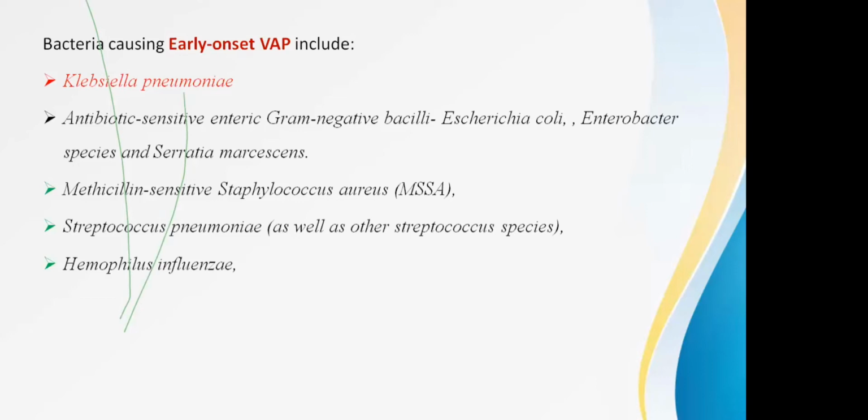We can go for ceftazidime-avibactam. But the unfortunate part is we are having resistance patterns not only for colistin and all carbapenemases. Now we are facing resistance to ceftazidime-avibactam, this new molecule which came earlier, that is also resistant in this MDR Klebsiella. So it is definitely a nightmare for any clinician or for any microbiologist. Then we have E. coli, Enterobacter species, Serratia marcescens. Many times methicillin sensitive Staph aureus and even MRSA are predominant. Streptococcus pneumoniae, they are also the reasons of early onset VAP, and Haemophilus influenzae.